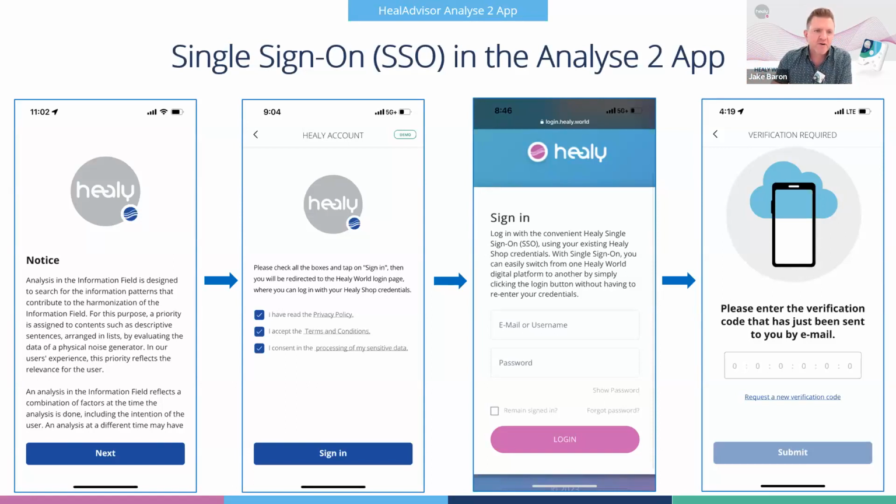And then also, on the far right here, after you type in your username and password, you'll see this is part of the verification process that was put into place many months ago now. Rather than a master key, which people have asked about, do I need a master key for this new app? No, the master key is gone. It's not coming back. This new 6-digit verification code is the process going forward.